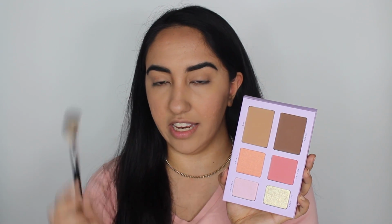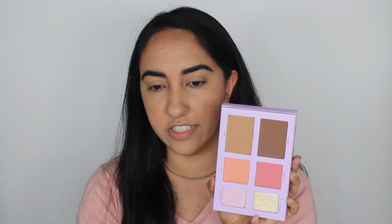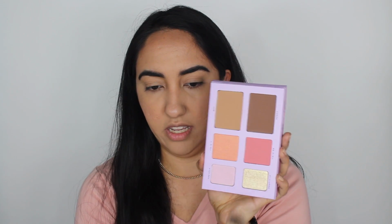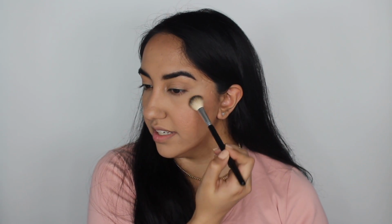So I'm gonna use one of my very trusted go-to holy grail highlighting brushes, and this is the A23 by Anastasia Beverly Hills. I feel like this has made every highlight work. So I'm hoping this one doesn't look too chunky on the face, just because it does look like it has chunks of glitter in it. Lightly. That's how much I got on there. And I'm just gonna go ahead and